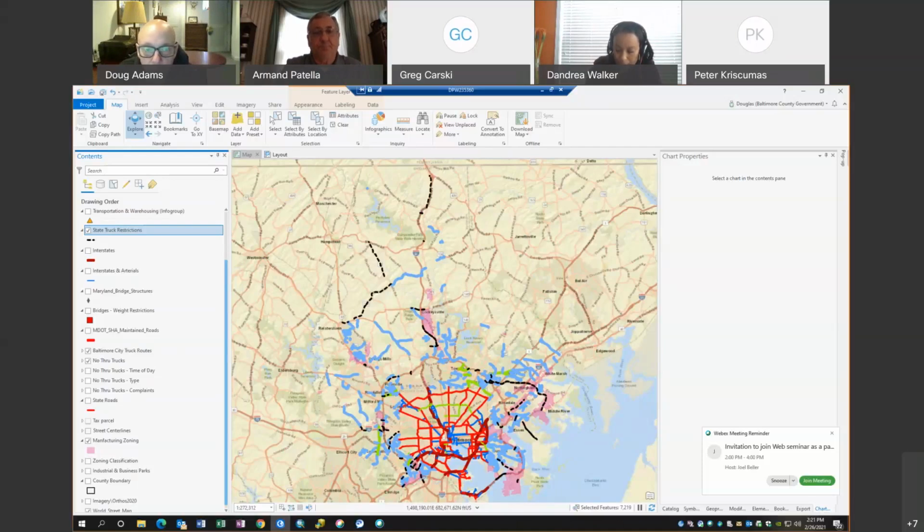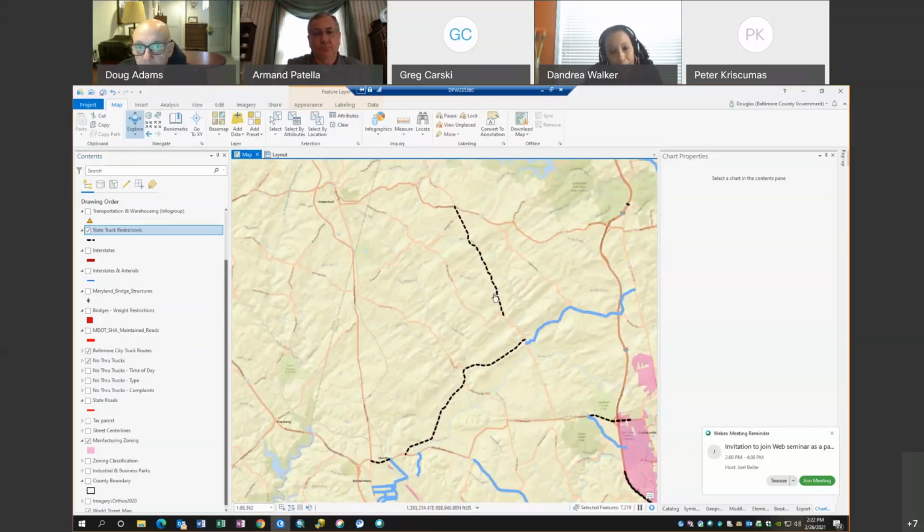Okay. So I'll add that to my maintenance plan: one, fix any misinterpretations I've got of the state data, and then come up with a method to periodically look at the state website to keep this up to date. Because there are some parts of their data that would influence this. If we made a blanket statement and said we're going to use all state roads as trucking routes, they've got some state roads that already have some type of restriction on them.